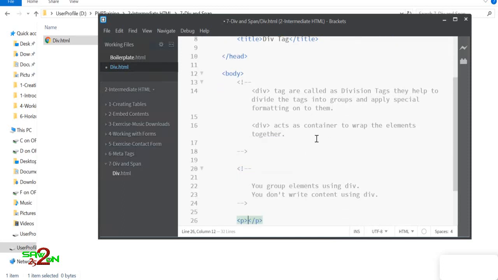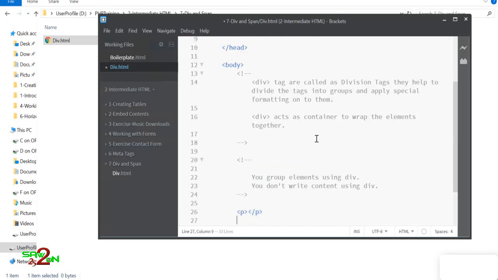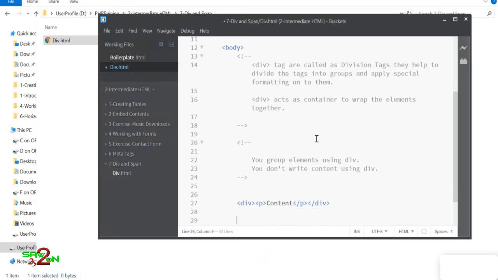When we write content, we use p tag, right? You can even write content in a div tag, but we don't use div tag to write content. It's not a problem if you write it, but typically division tags are container tags. How you do it? You write p tag and you embed your content inside the p tag. So that's how you basically write the div tags.